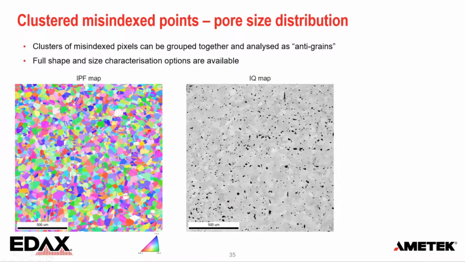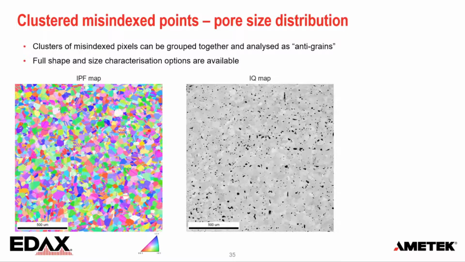Now, that was one reindexing example. Now, another thing is where we cannot do reindexing. When we have misindexed points, but basically caused by porosity. So when there is nothing there. What we can do there